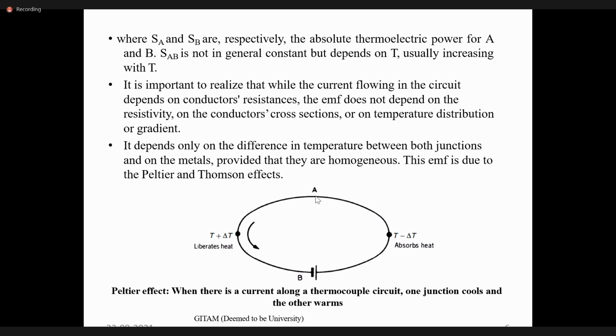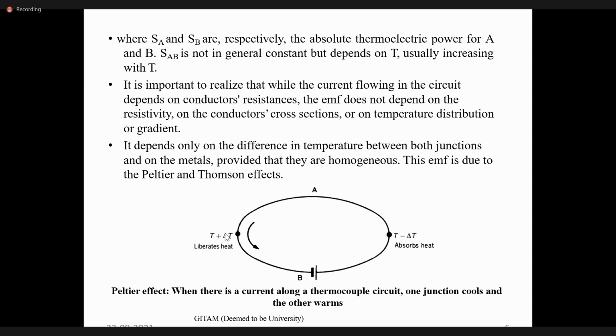Here we have another figure which is suitable to explain the Peltier effect. Students, in the figure we can understand that A is a metal, B is another metal which is not A,